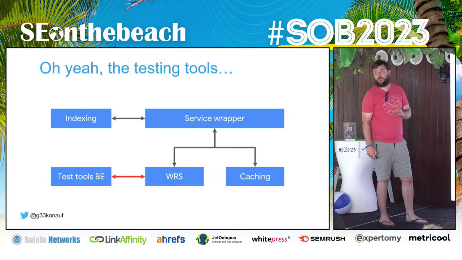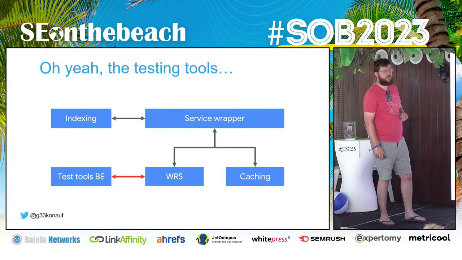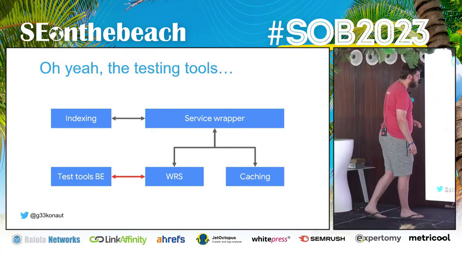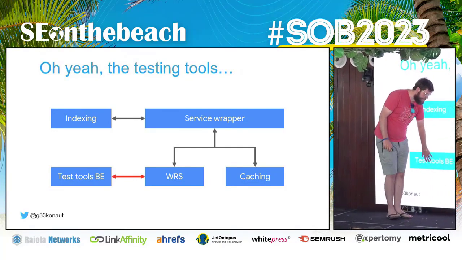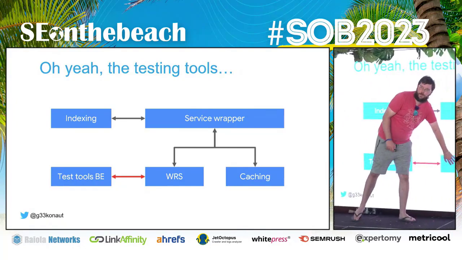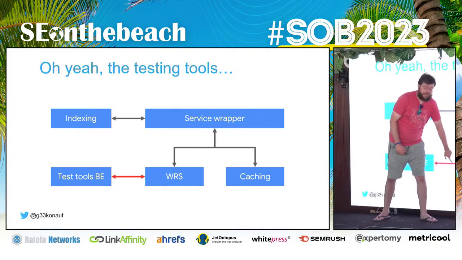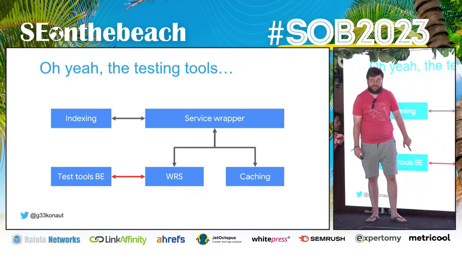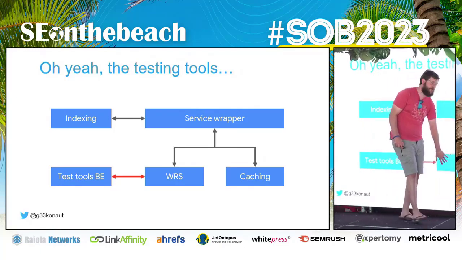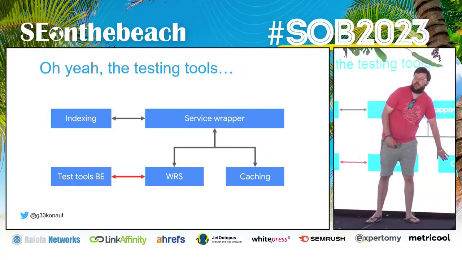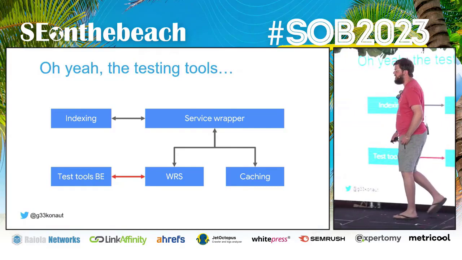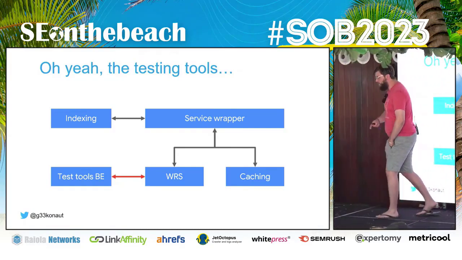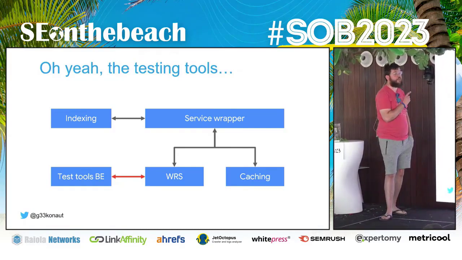By the way, if you're using the URL inspection tool in Search Console, you are actually going through their backend for the testing tools, which directly talks to the web rendering service. There's a very important thing here. If you're doing a live test, it talks directly to the web rendering service and does not use caching. Why would it use caching if it's a live test? That's the whole idea of a live test. The downside of that is that sometimes you get the other error.